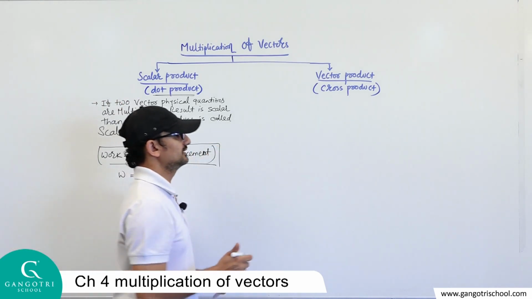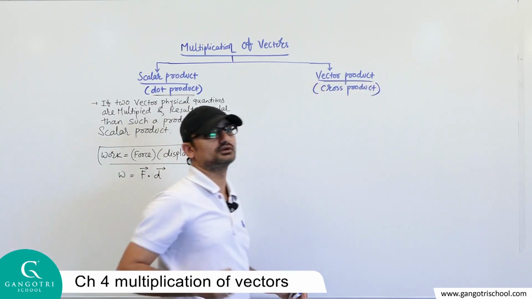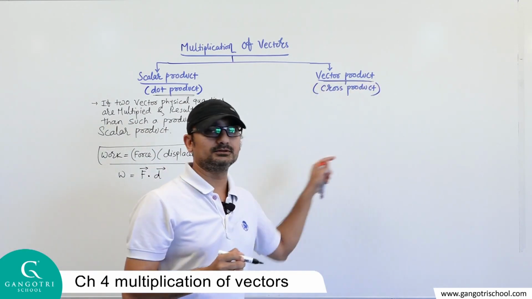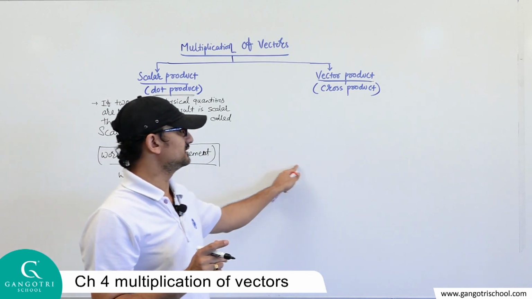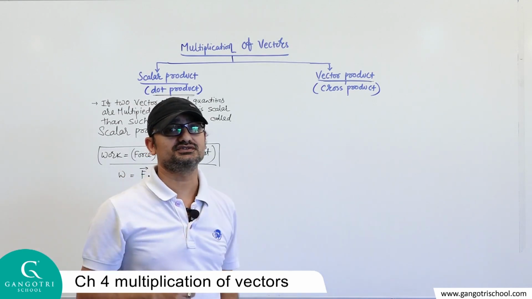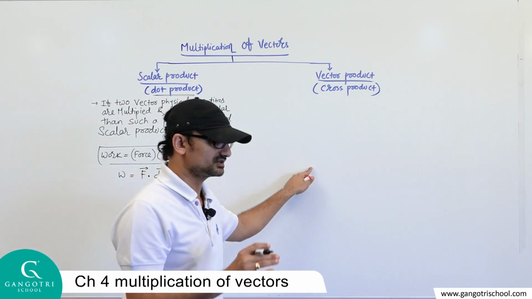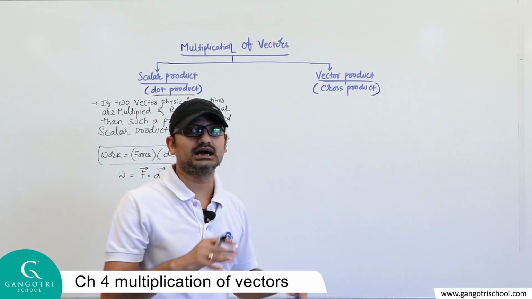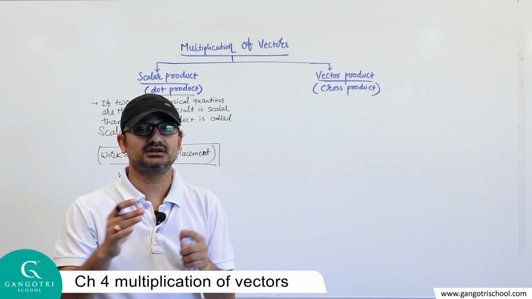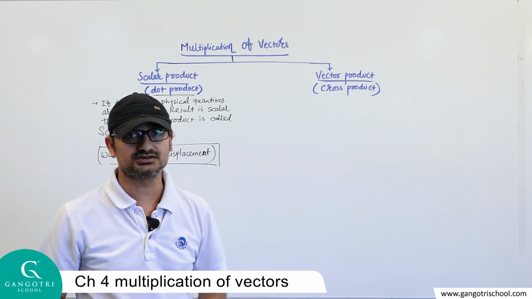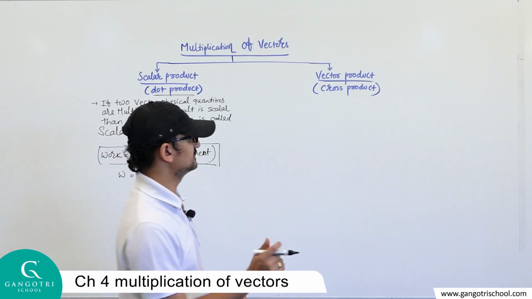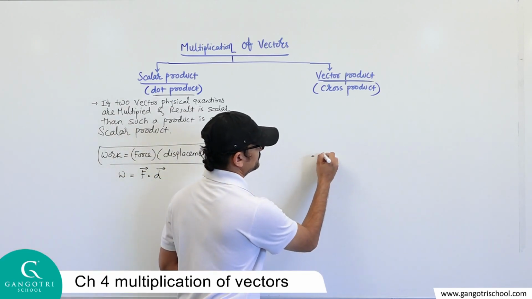On the other side, let's understand the meaning of vector product. Again, I'll give you one example. For that example, I'll write one equation. Right now, student, do not bother about this equation. After some time I'll write on the board how it came and what the meaning is. Don't think too much right now, just see one thing. Look here.